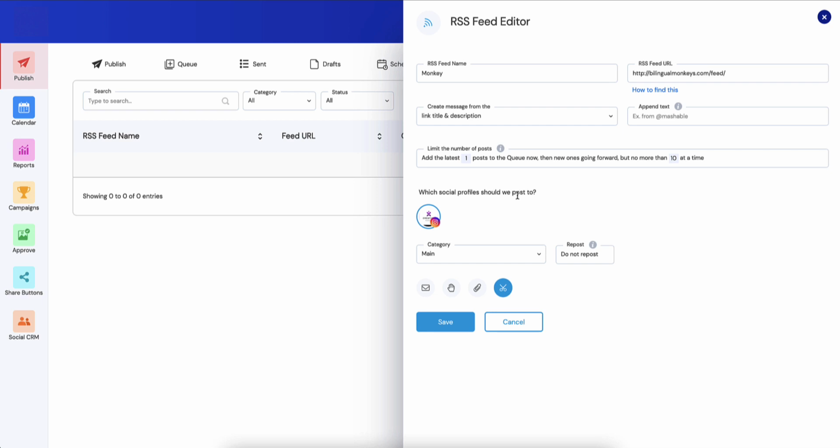So which profile should we post to? Again, I would choose them all unless you have a real reason not to. Instagram, probably not. Your client might have a manicured Instagram, and if you just start posting these RSS feeds, some of these blogs have really great curated images. Some don't. Some are coded so poorly that it doesn't pull in an image at all. In that case, the Instagram post just would fail, which is fine, because you don't want a white image showing up in their Instagram feed. So anyway,